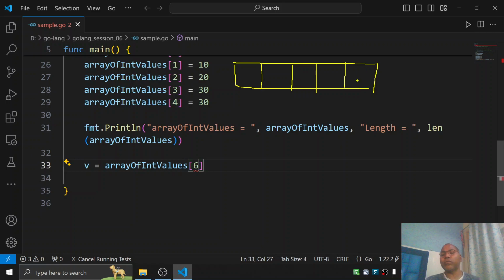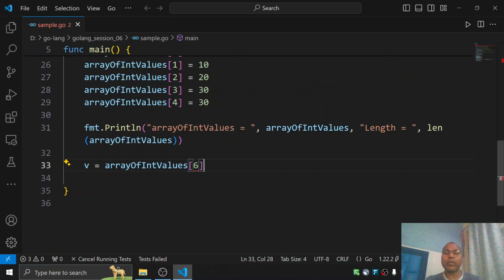So till now this is a five element array, indexing 0, 1, 2, 3, and 4. I am trying to say, get me the value of this array at index 6. There is no index 6 in this array. So it says index out of bound. And even if you try a negative index, say minus 2,